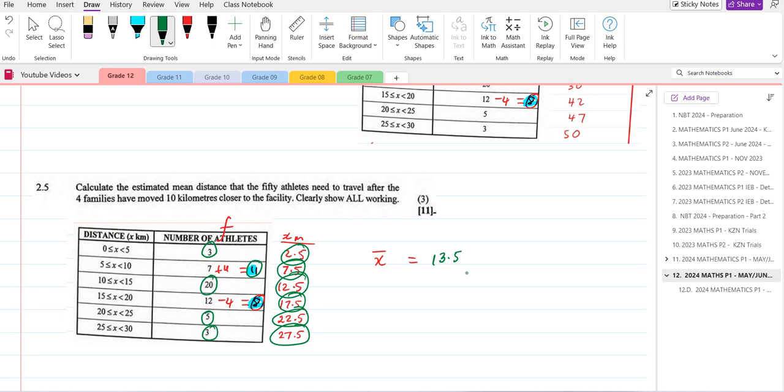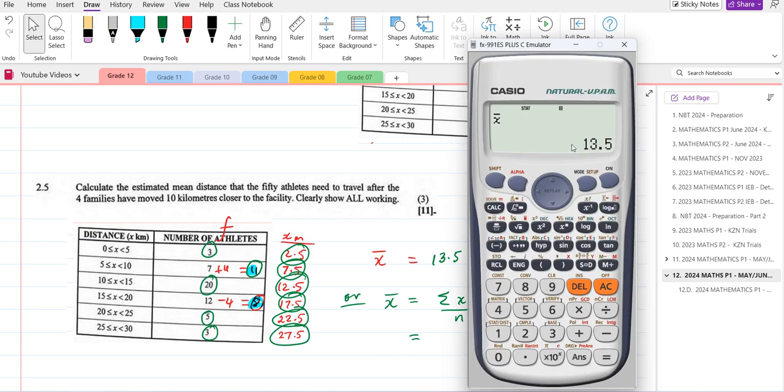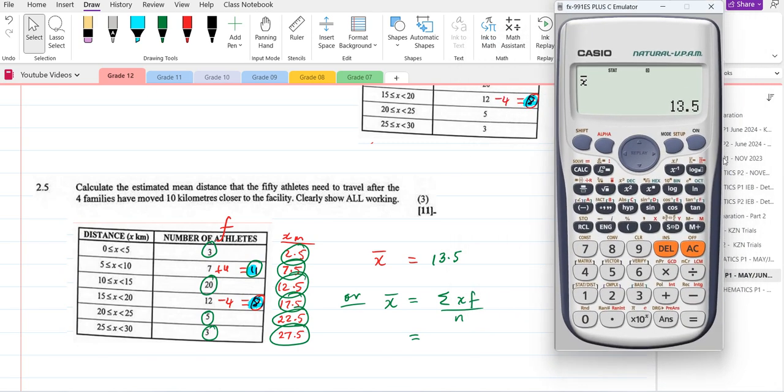You can take 3 times 2.5, 11 times 7.5, or estimated mean is equal to sum of all x times f divided by the total number. So let's do it like this as well. What is sum of x times f? You can work it out. Put your calculator on, go to mode 1. So what we're doing, 2.5 times 3 plus 11 times 7.5 plus 20